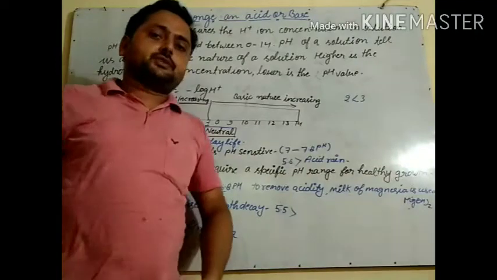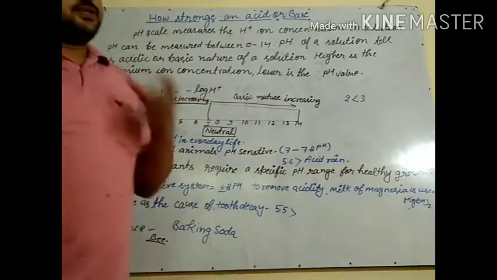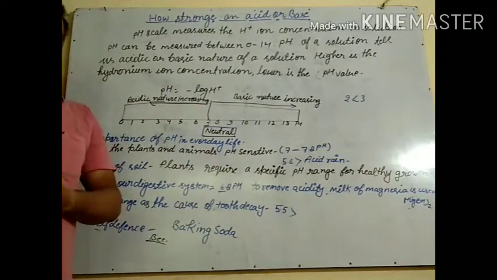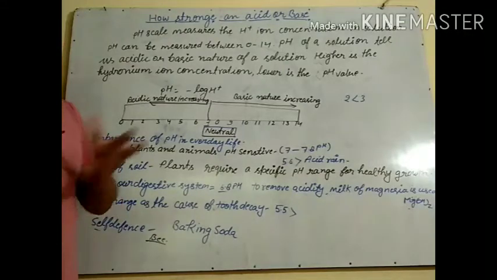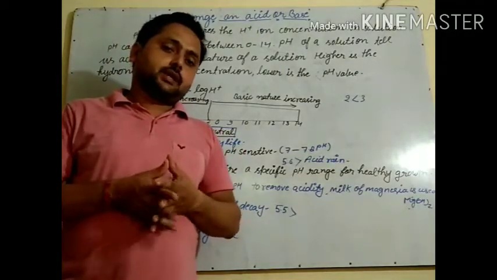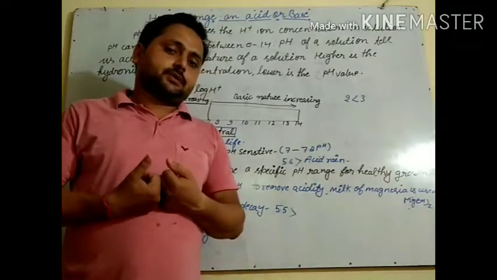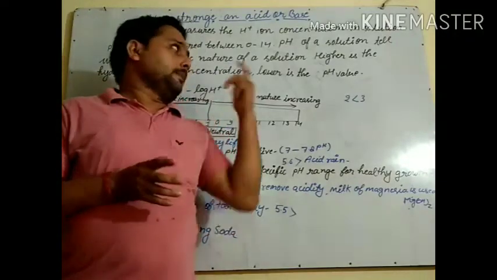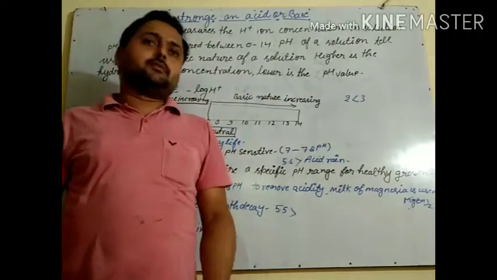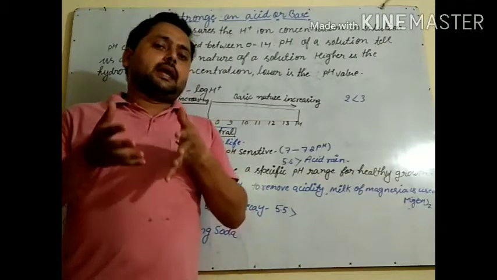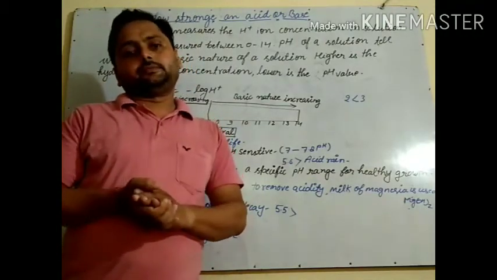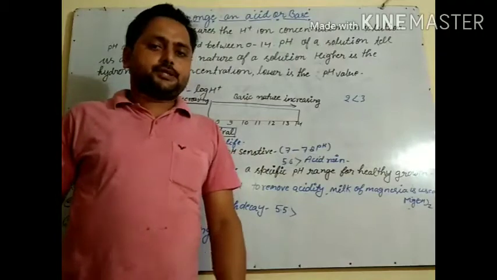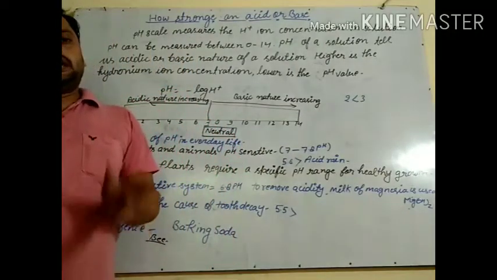pH is useful for us. It tells us about the strength of acids or bases. It means with the help of this pH we can say whether it is an acid or a base. Before this we have discussed just acids and bases. With the help of pH we will be able to clear whether the given acid is strong or weak. So with the help of pH we can say the given acid is strong or weak.